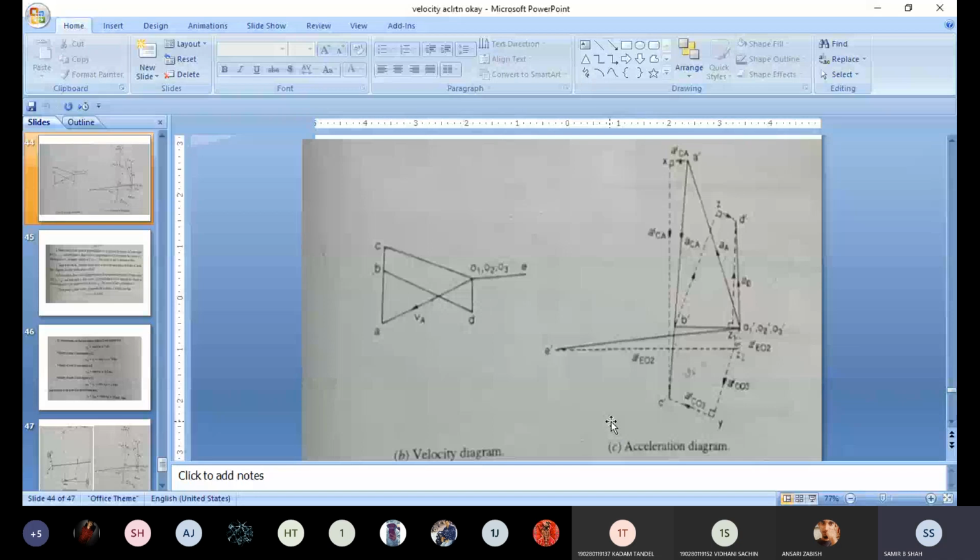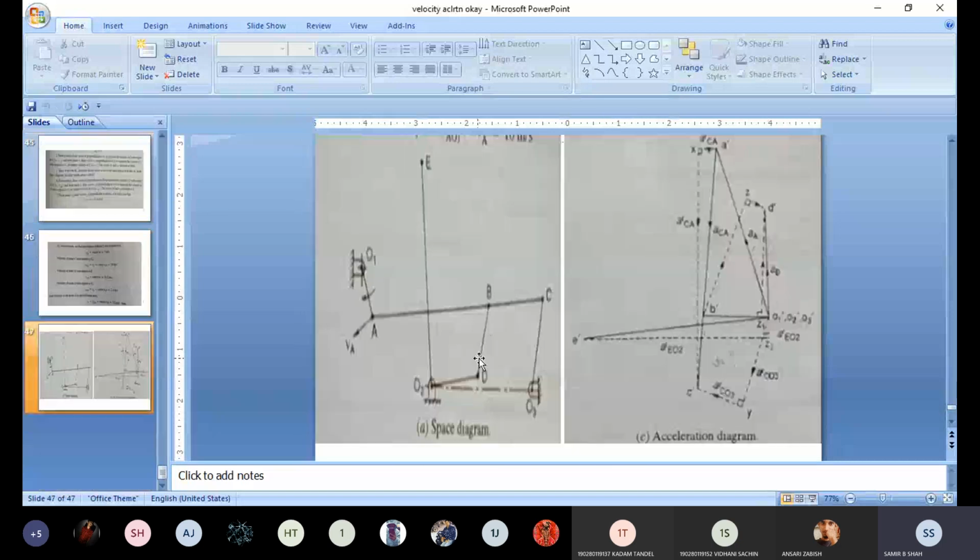I repeat the radial part and tangential part of BD link. As we know that we are getting point B dash with the ratio as I discussed in the chat box. I am getting B dash. After that, what I have to do, radial part of BD, so it may be parallel. So I am taking the parallel line.